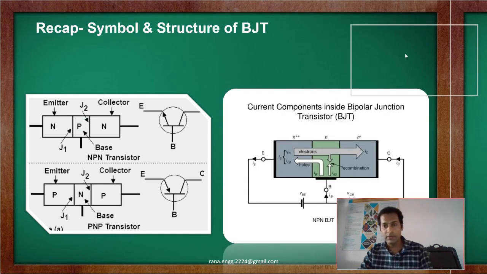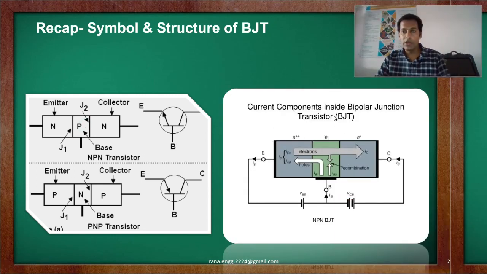So this is the diagram where we have discussed the current components inside the bipolar junction transistor. From the N side, it is heavily doped, so we get a heavy number of electrons, and there is some leakage kind of current at the base. Again, in detail we will discuss later. In the last session also we have discussed it. So this is about the circuit, symbol and junctions we have to remember.